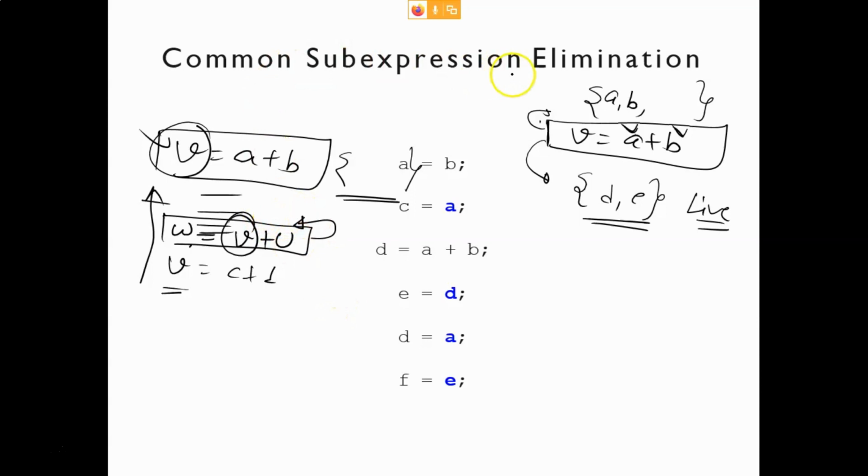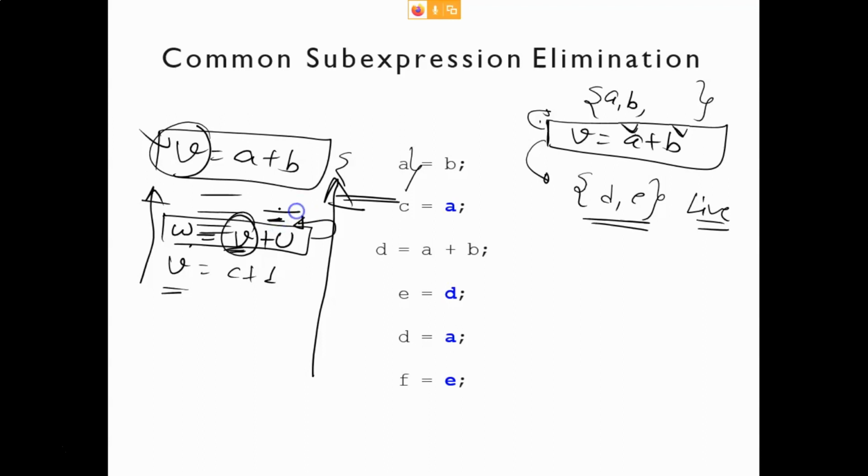In the liveness analysis, you don't go in the forward direction, you go in the reverse direction. In the reverse direction we want to check whether we are using this variable or not. If you are using variable v here, then just before this statement you will say that v is alive.